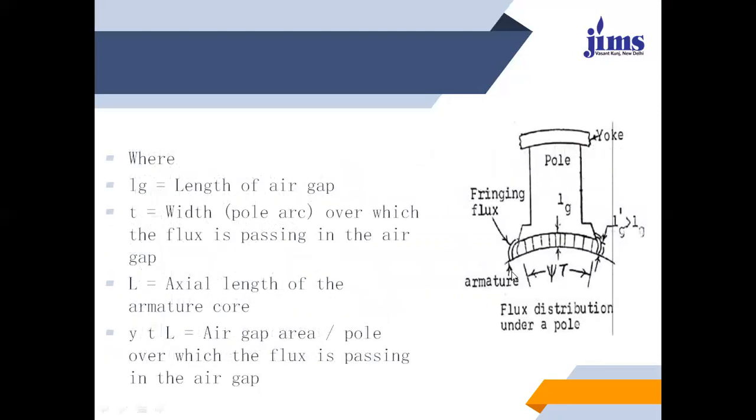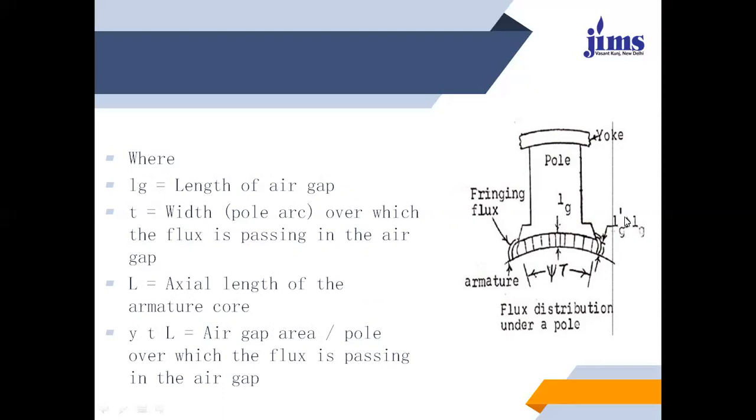This will be the structure of the pole. Over here, this will be the yoke part, this is the pole, this will be the teeth of the rotor, teeth of the stator side, and this will be the flux distribution under a pole. This will be the indicator of the flux. And this will be the armature part, just below this one, and in between there is the air gap. This will be called the fringing flux,